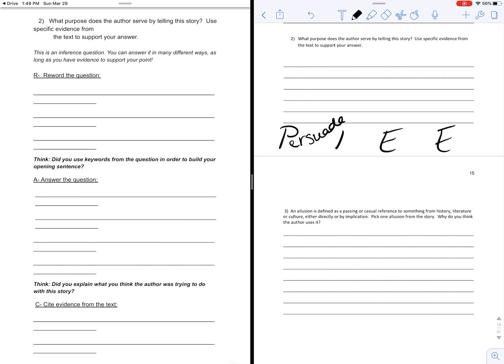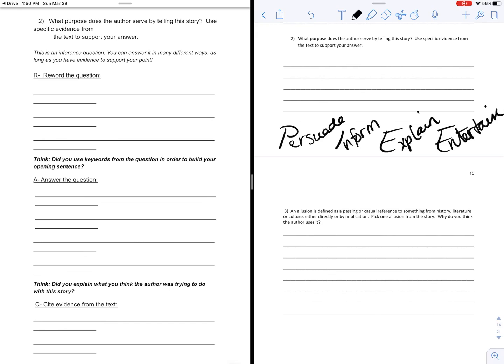Persuade, inform, explain, or entertain. So those are your options. And when I put it that way, I'm sure this question gets a lot easier to answer, because you know